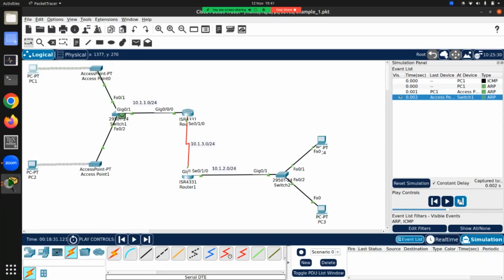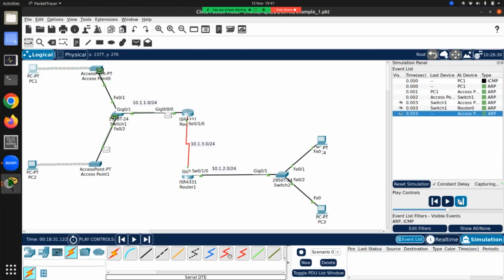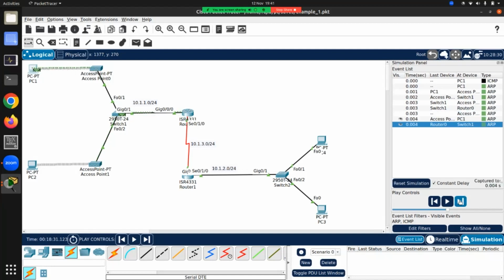It sends it on that interface. The switch floods it everywhere. It is the router, but the router does not flood the link layer frame. Router will not flood it because in order